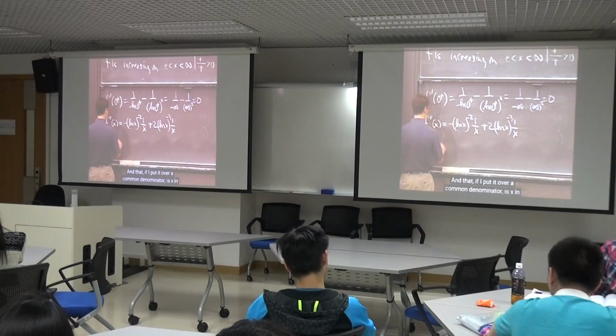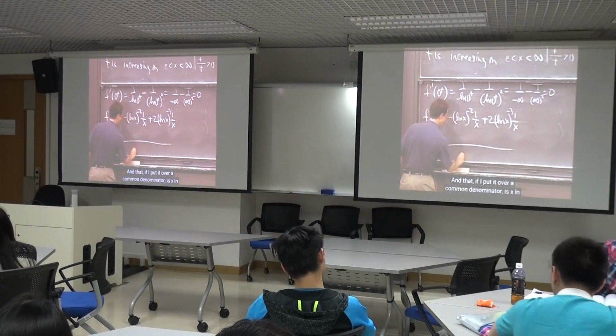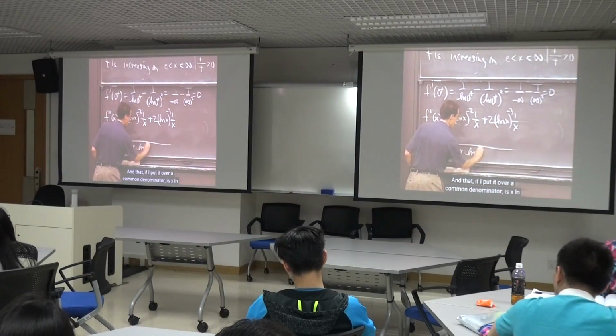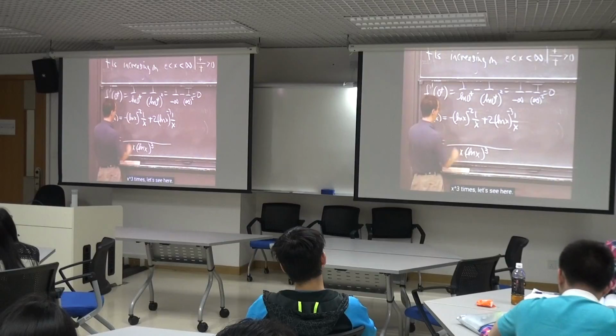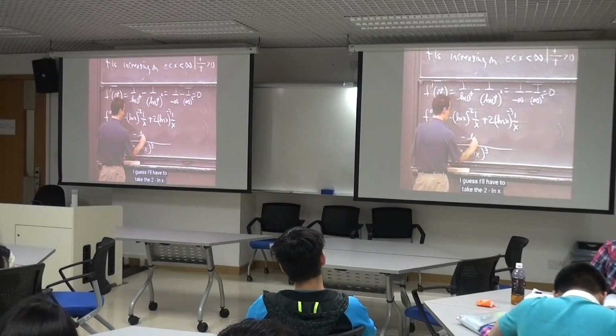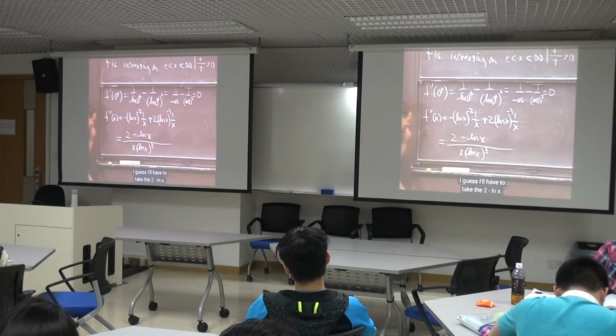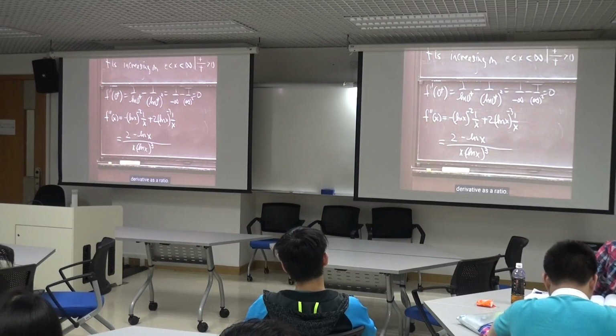And that, if I put it over a common denominator, is x log x cubed times, let's see here, I guess I'll take the 2 minus log x. Okay. So now I've rewritten the formula for the second derivative